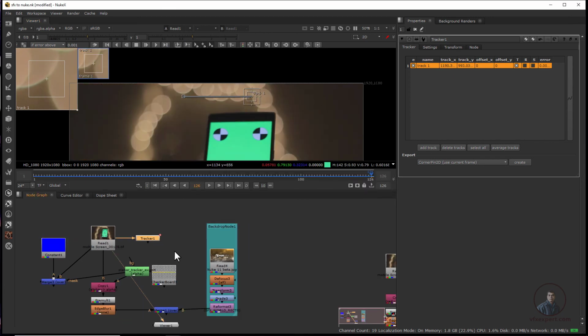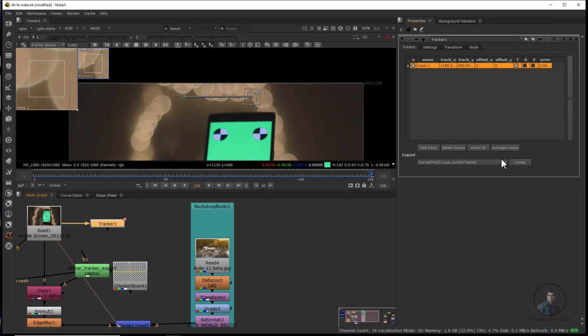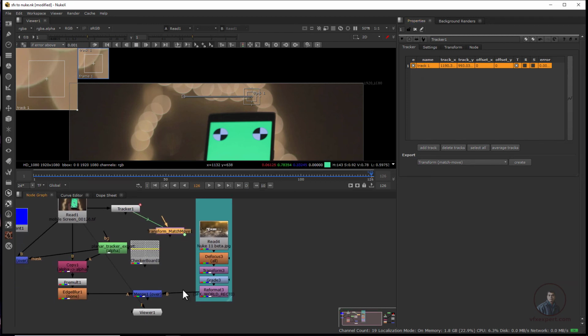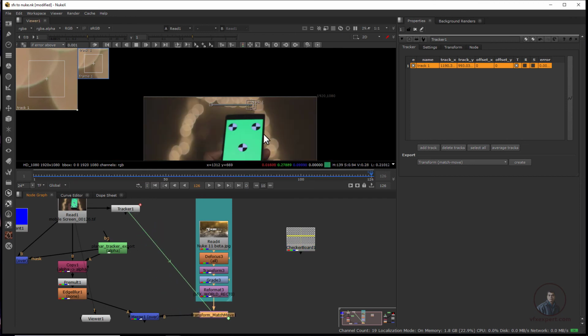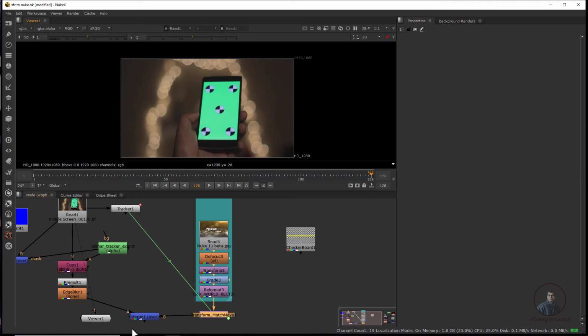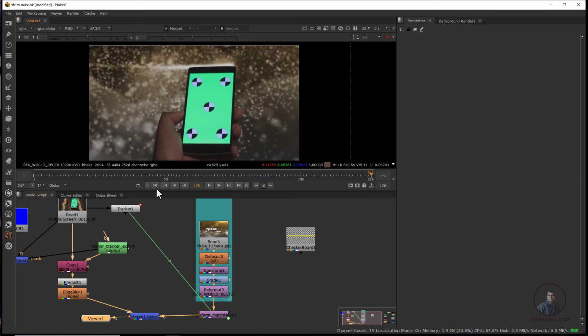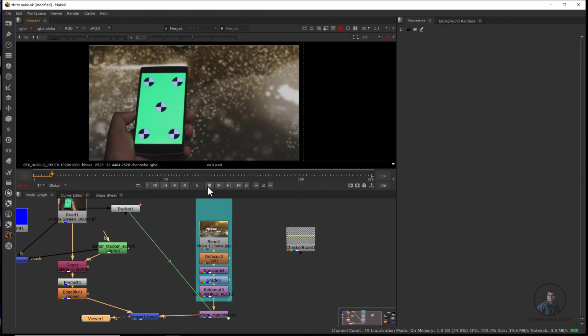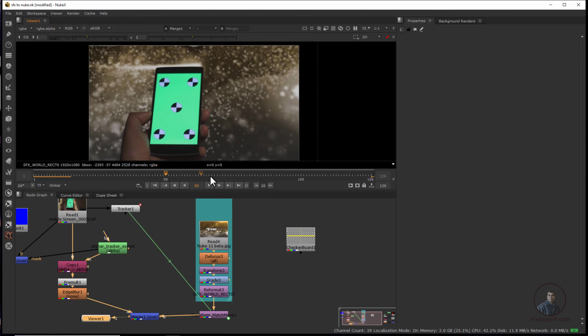Now after this, again double click on our tracker on the right side. We have to select transform and match move, then create. Now here we have to create the transform data. After this we have to attach this data here after our reformat node. So move it a little bit here. Now keep it here. Now select and attach here. Just see here. Now select this one and press 1. Now play it a little bit here. Now it's looking good. Now stop here.